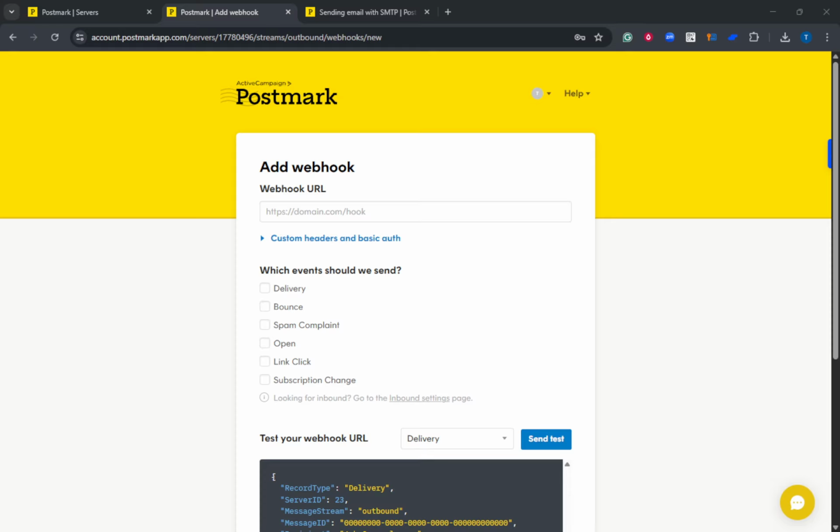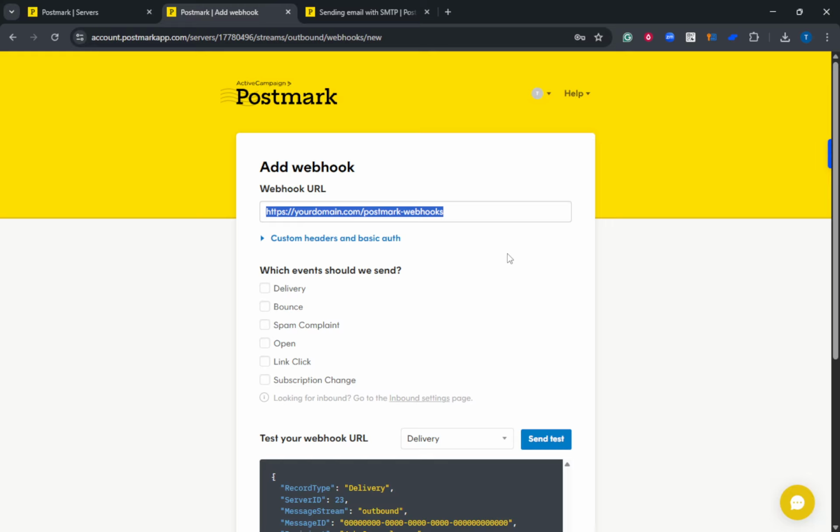First, prepare your webhook endpoint. This is a URL on your server that accepts HTTP POST requests, reads a JSON payload, and returns a fast 200 OK to confirm receipt. For example, you might use a route like https://yourdomain.com/postmark/webhooks. In your framework of choice, Node.js, PHP, Python, or others, create a handler that parses JSON and